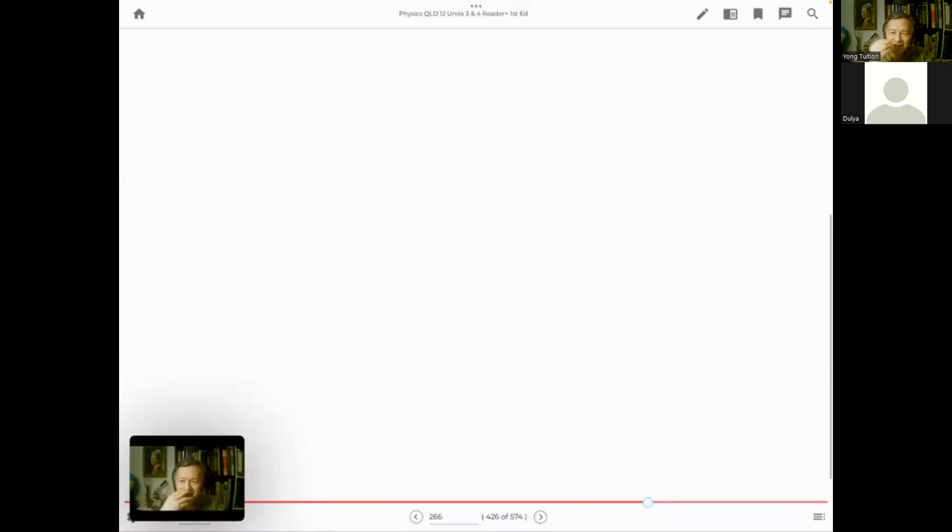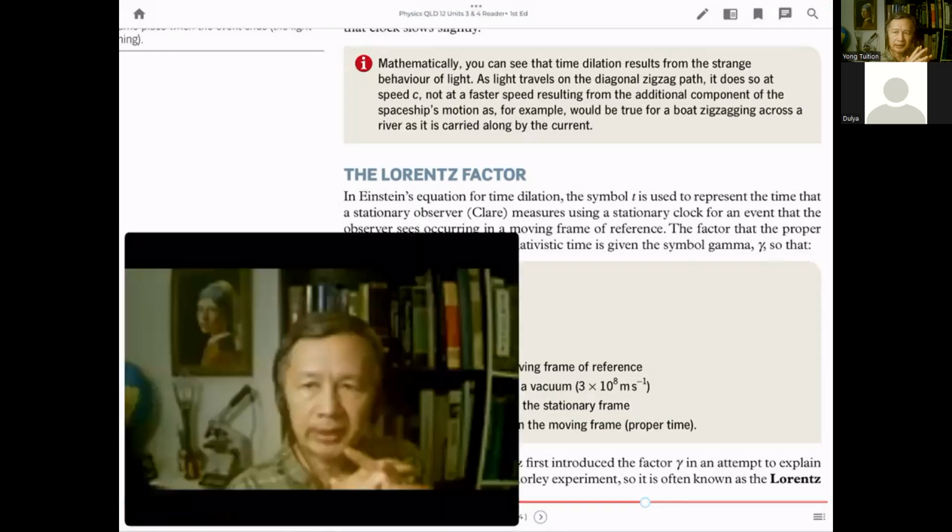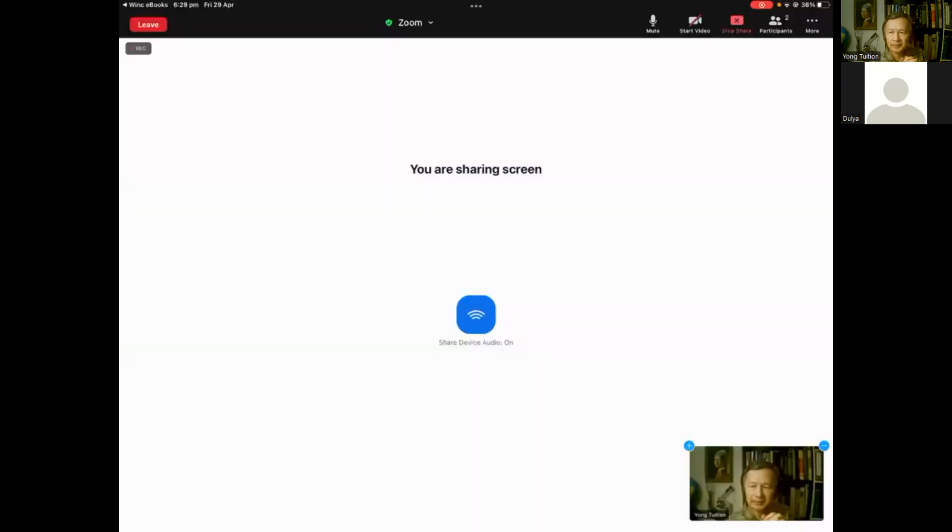What I introduced to you today is more general than the formula in your textbook. If you wish, next time we can show how to derive this formula mathematically. But it's up to you. If you're not interested, we won't go into that abstract idea.